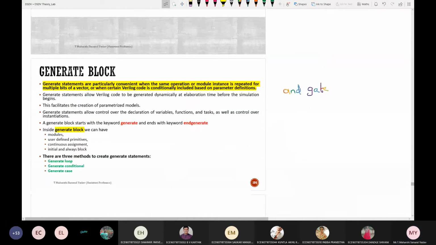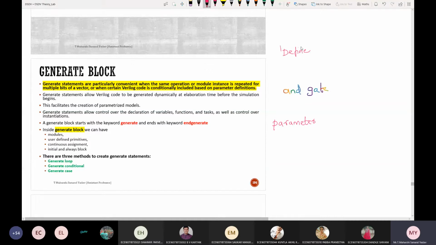See here. Generate statements are particularly convenient when the same operation or module instance is repeated for multiple bits of a vector, or when certain Verilog code is conditionally included based on parameter definition. What is meant by a parameter? Similar to C language, where you will define like this, right?